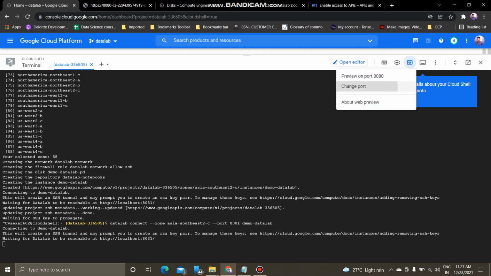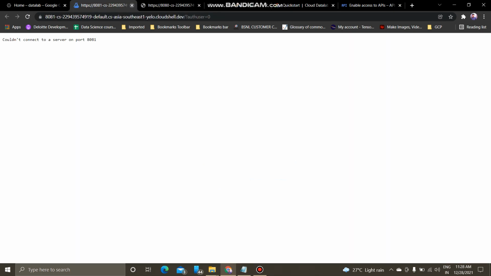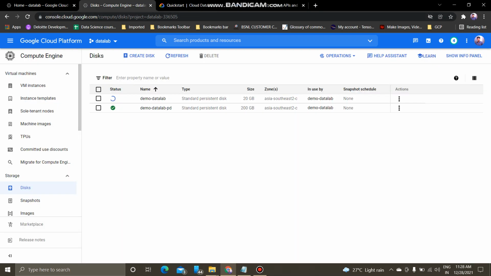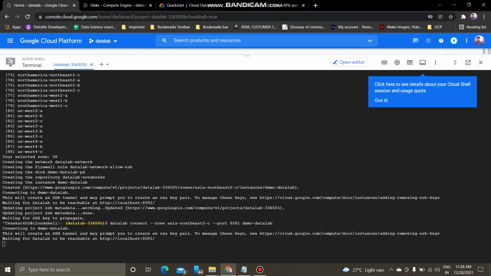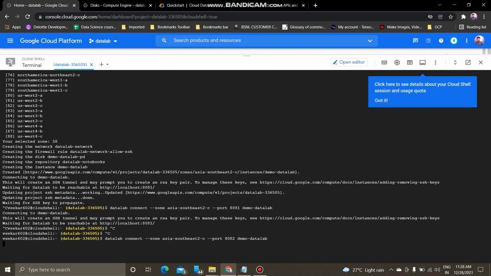Even if you click on change port and give 8081, it will not run and will throw an error because it is trying to create an instance, and I feel my network is slow. That is why I'll retry again, this time with port 8082 for demo-datalab. So we will see.